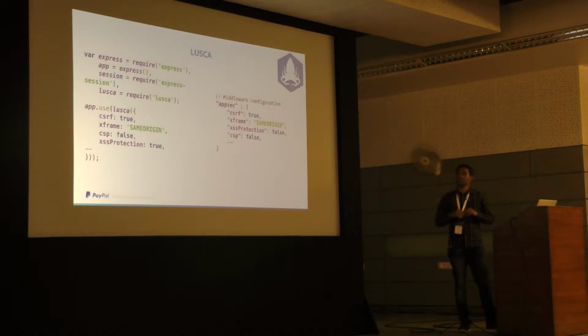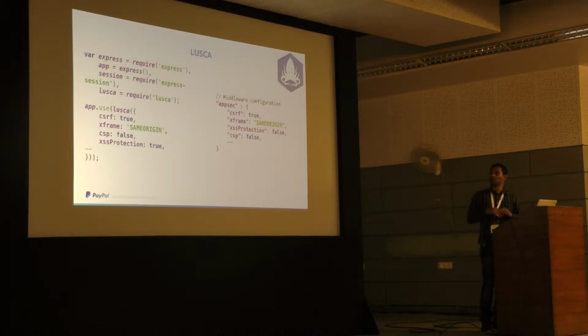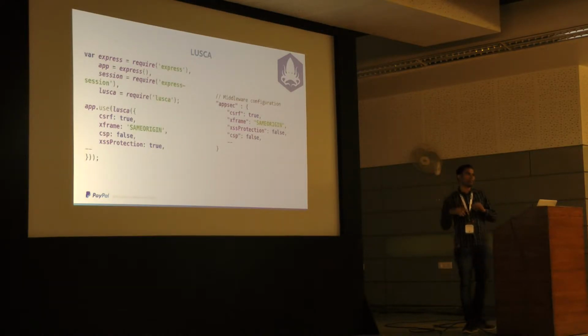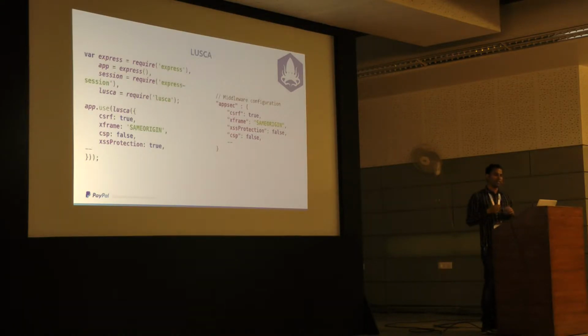Lusca is the uber security module that comes built in with Kraken. It helps you to set up the basic code required for integrating Lusca into your Kraken app. There are two ways of doing this. One, on the left side, where you can actually write code to glue Lusca into your application instance, or like the one on the right side, where you can simply configure Lusca. Defense techniques against common security threats like cross-site request forgery and cross-site scripting are enabled by default. There are a lot of other security features which you can come to. So let us see how Lusca defends against some of the popular security attacks.